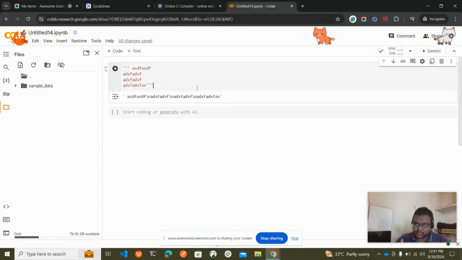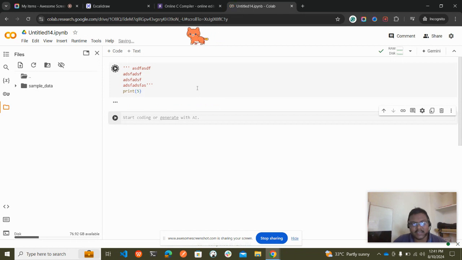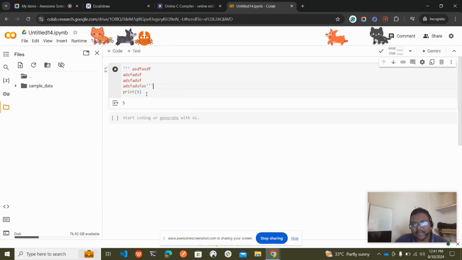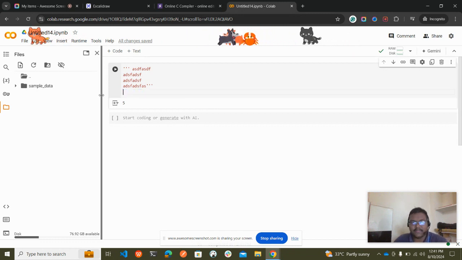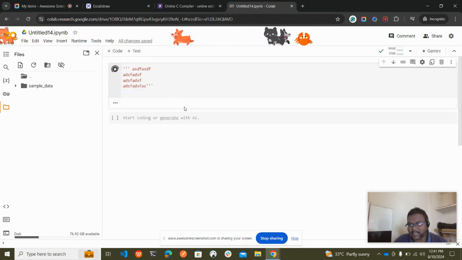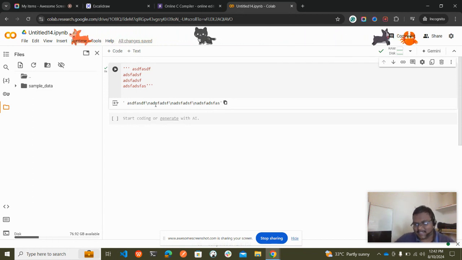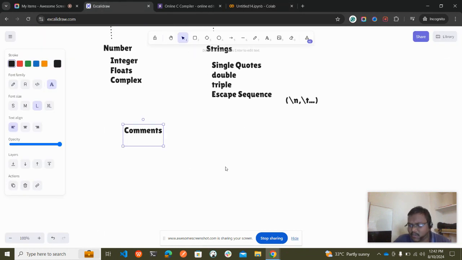So to avoid this, what we need to do is write the logic below it. So print of a, print of 5. If you do this, the interpreter considers the triple string as a comment, and then it gives the result. In case it doesn't, it will directly show you the entire text in the triple strings. This is one of the funniest things in Python. Hope you understand, and in case you don't, just let me know, I'll explain again.